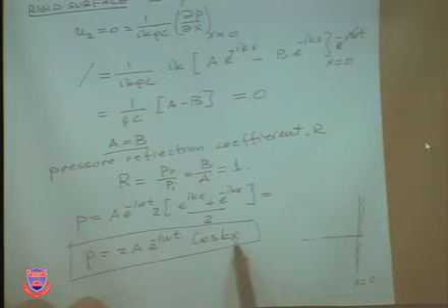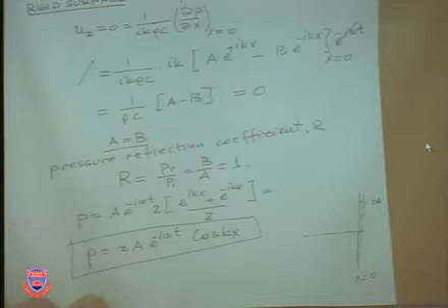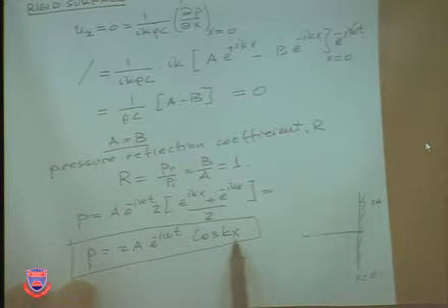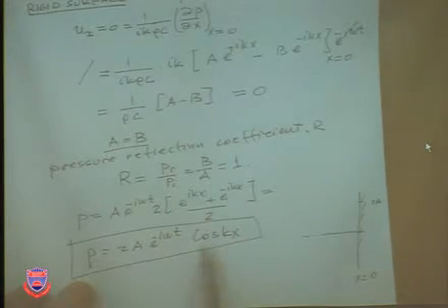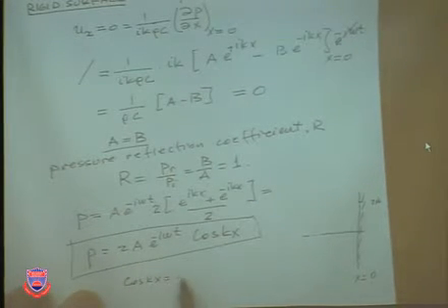At x equals 0, this is 1, so you have 2a. Now, as you go away from the surface, cosine kx,